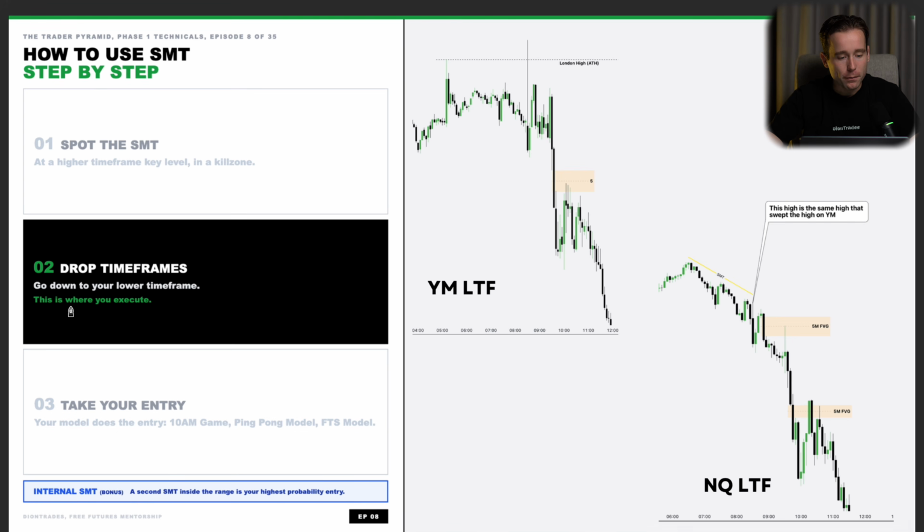That's why the rule, the higher the time frame, the more reliable your confluence, also applies to SMTs. So find your SMTs at the 15-minute, 1 hour, 4 hour, and then drop to the lower time frame, your entry time frame, the 1 and the 5 minutes, to use that knowledge in your favor to find the best trades. So if you then drop time frames to the execution time frame, you will see in the lower time